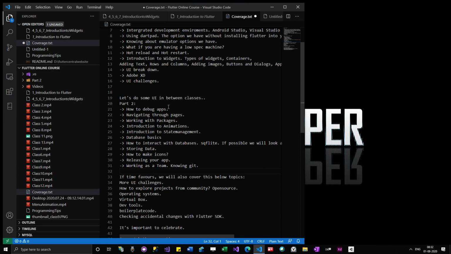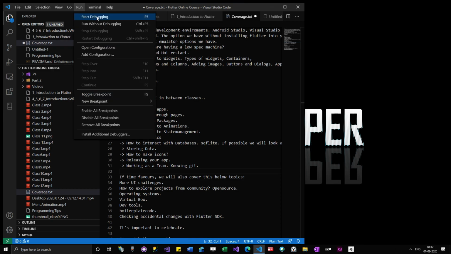In general there are 4 ways of debugging your Flutter apps. The first one is using the debugging option available in your IDE, the start debugging option. Till now we have only tried the run without debugging option, Control plus F5. Just F5 will take you to the debugging mode, which is the one we are going to explore.